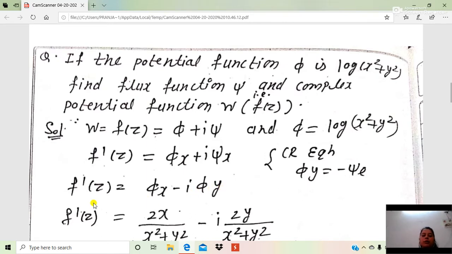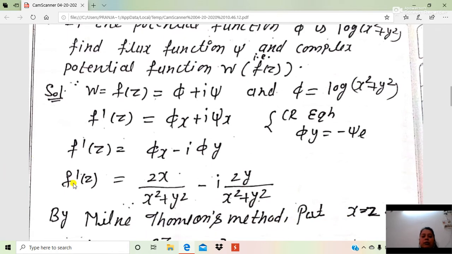So to get the value of f dash z, we have to differentiate this value of phi with respect to x to get phi x, and with respect to y to get phi y. If we differentiate this with respect to x partially, it will be 2x upon x square plus y square, which is the real part, as you can see. And if we differentiate it with respect to y, it will be 2y upon x square plus y square, which is the imaginary part. So now we have the value of f dash z as 2x upon x square plus y square minus i 2y upon x square plus y square,